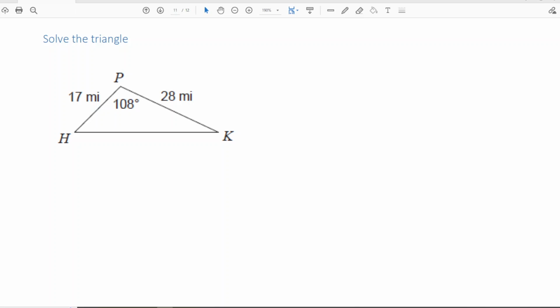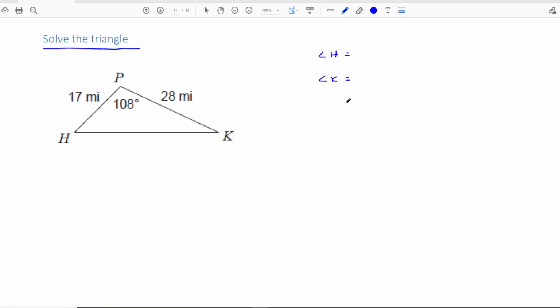Okay, so now that we've learned the sine law and the cosine law, we are going to move on to applications. But before that, we're just going to practice one type of question that says solve the triangle. When you're asked to solve a triangle, it means you have to find all the missing sides and all the missing angles. So when I look at this triangle, I'm missing angle H, I'm missing angle K, and I'm